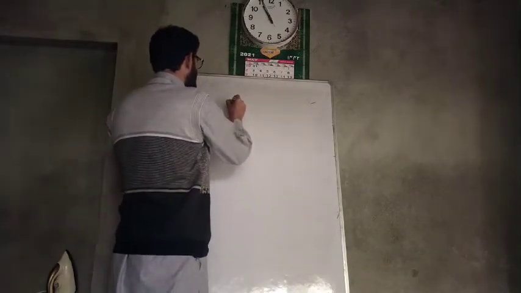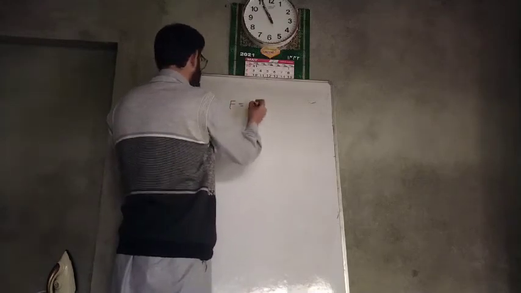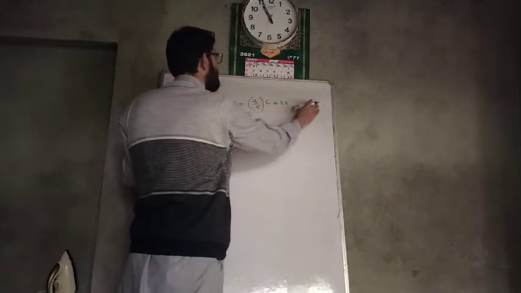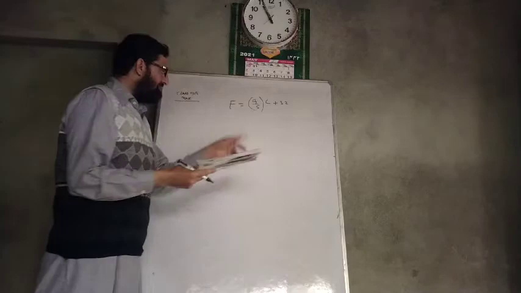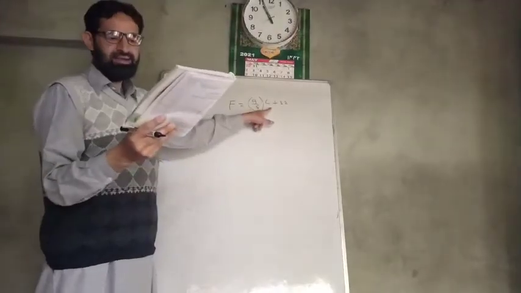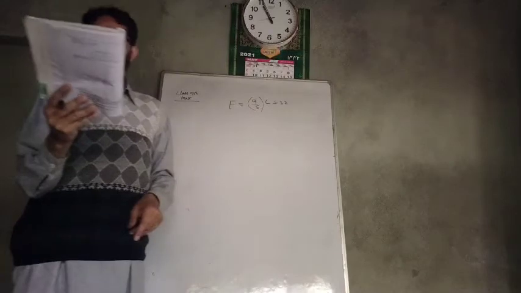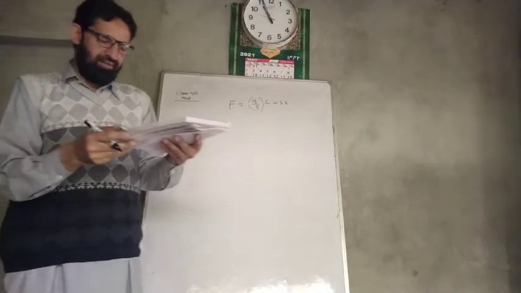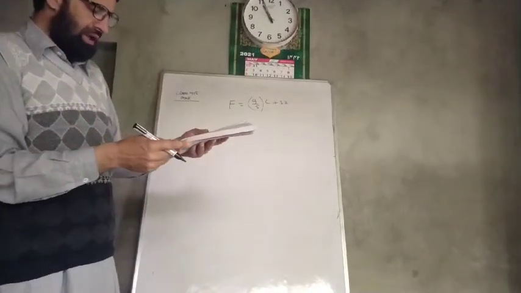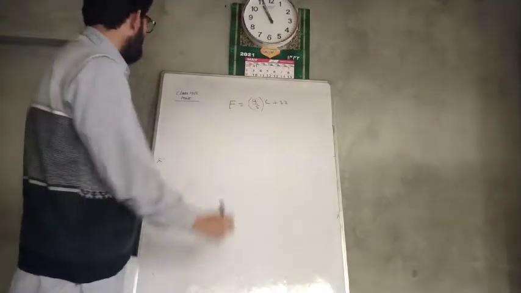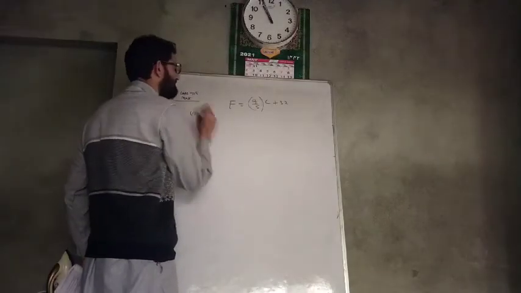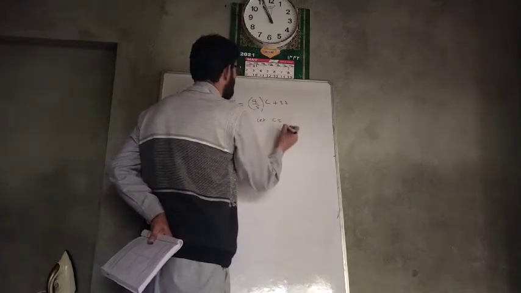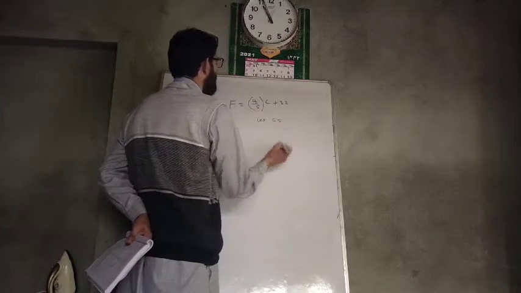Our equation is F is equivalent to 9 by 5 into C plus 32. This is our equation. When Fahrenheit is equal to what Centigrade. And we have to draw the graph of the linear equation using Celsius for the x-axis and Fahrenheit for the y-axis. Now you can give any value. So the first part is we have to take the graph. Now let C be, suppose this is 5.